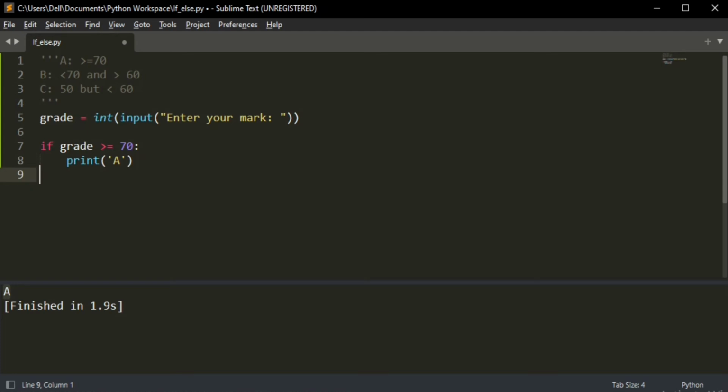Then what if it doesn't happen? Remember, we want to also introduce this B. So we can say elif, which is like else if. So elif grade, this is our second condition, is supposed to be greater than or equal to